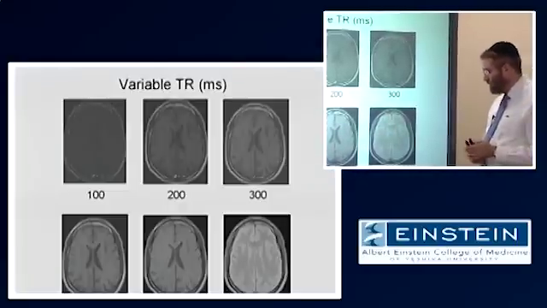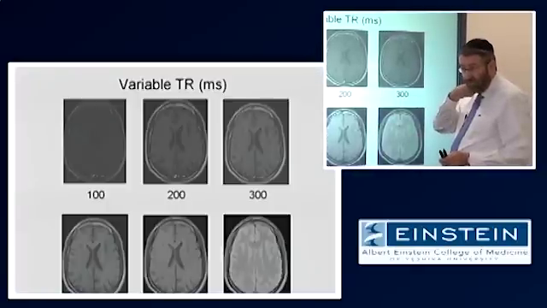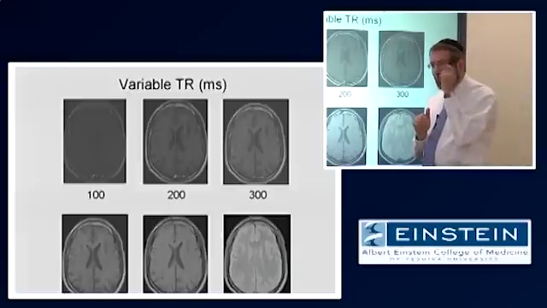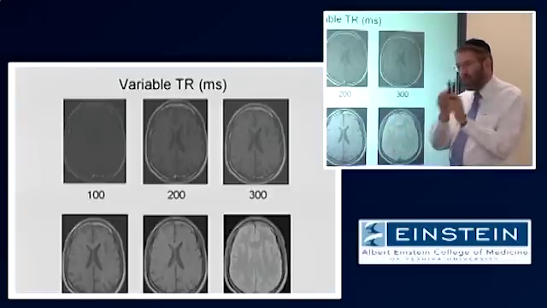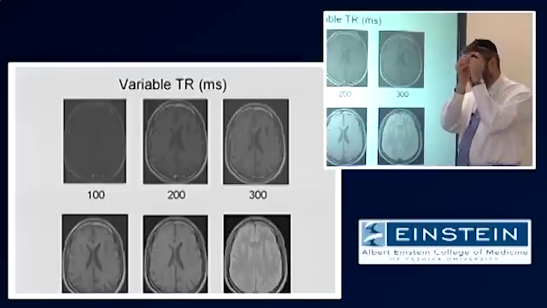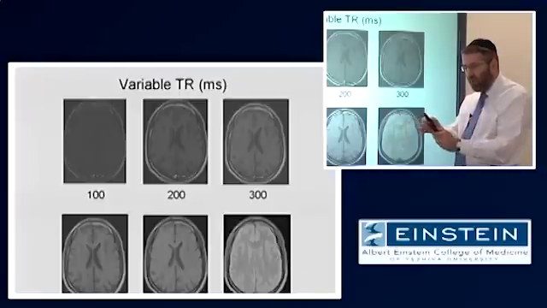Now here's another set of images where we left everything the same except for the TR. So again, this is how often we repeat that 90-degree RF pulse. And what that means is that when we knock the spins down once, they are going to recover slowly. If we wait a long period of time until they fully recover, and we knock them down again, they'll look similar to the way they did the first time around. Whereas if, on the other hand, we wait a relatively short period of time before they fully recover,